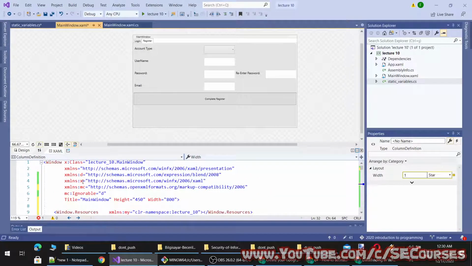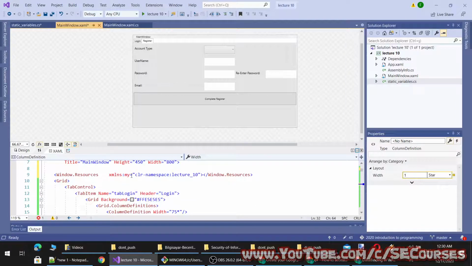Maybe we should change this to something else. FrameworkElement.Resources.